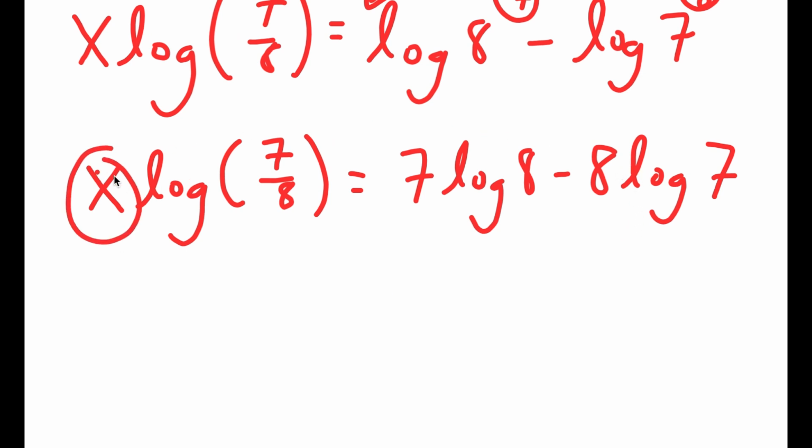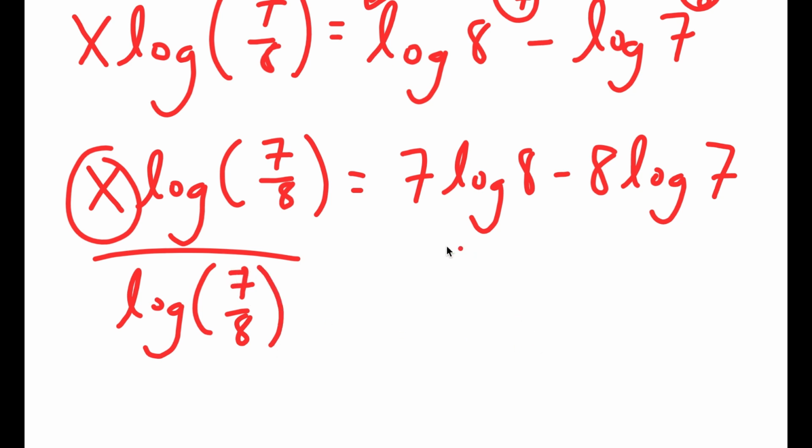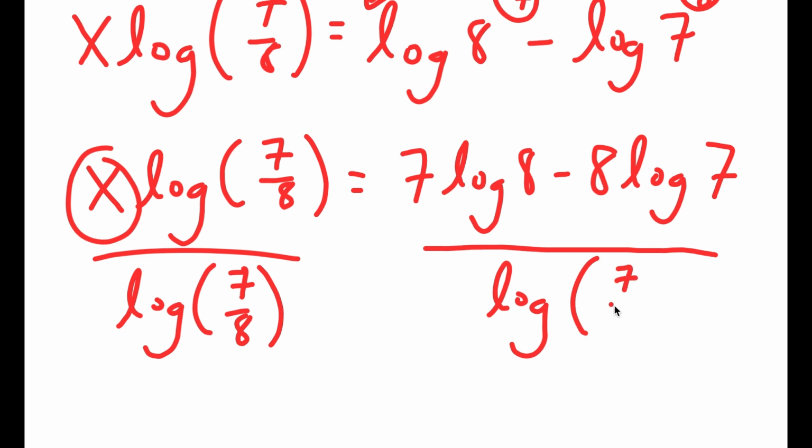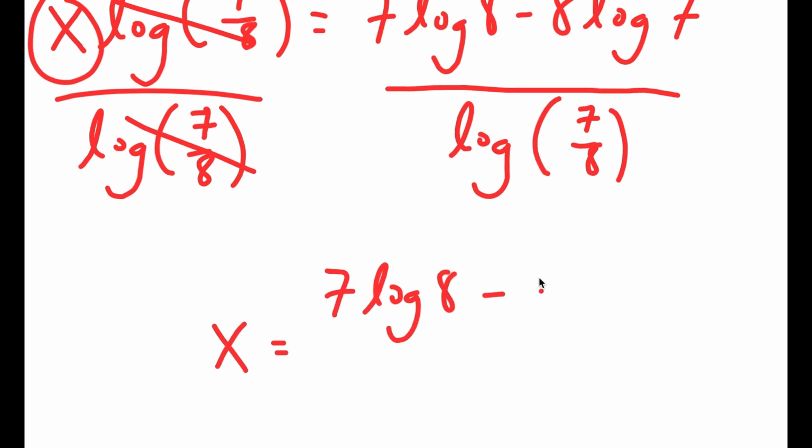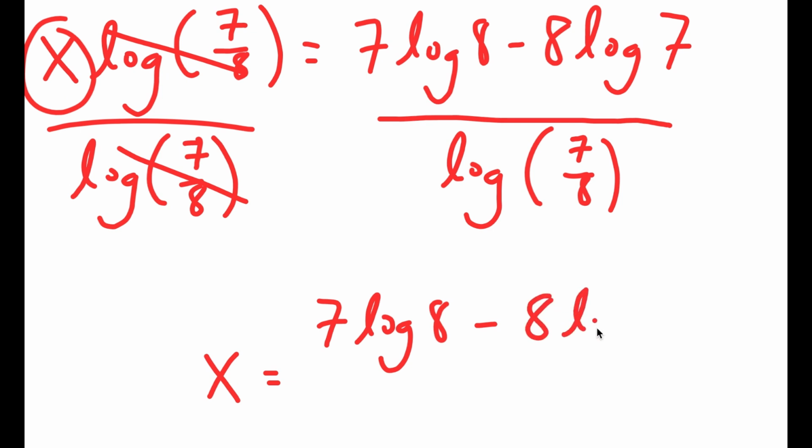Now, obviously we want to isolate x, so to do that I have to get rid of this log 7 over 8 by dividing both sides by log 7 over 8. So then these two cancel out, and I get x is equal to 7 times log 8 minus 8 times log 7